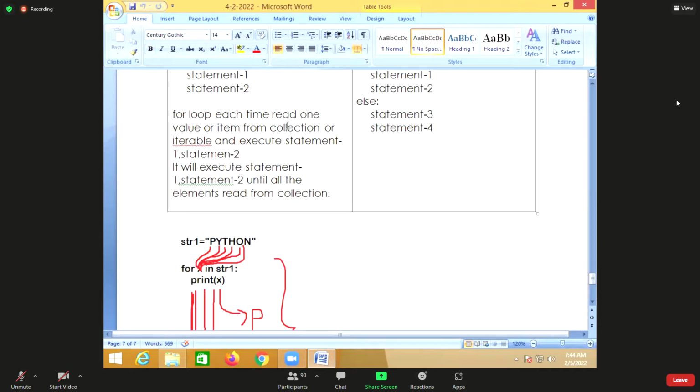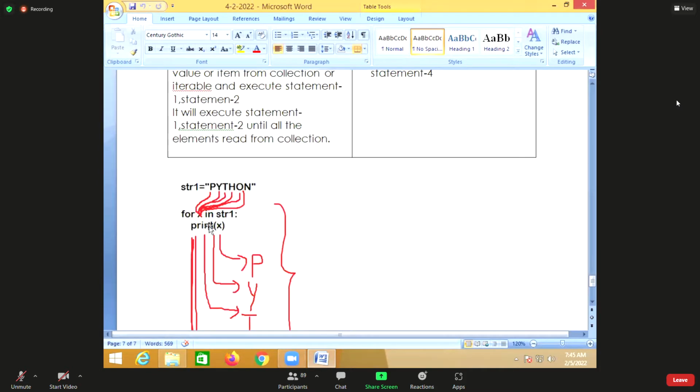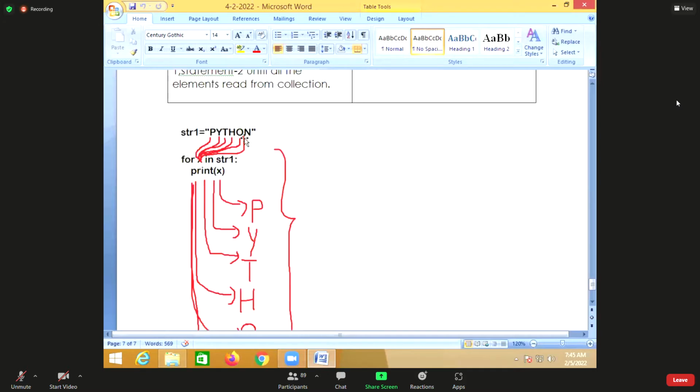After reading each value, it will execute the statements. This will repeat until it has read all the values.